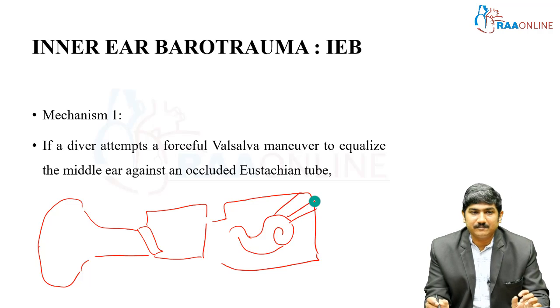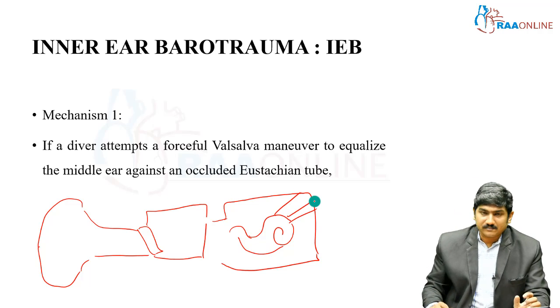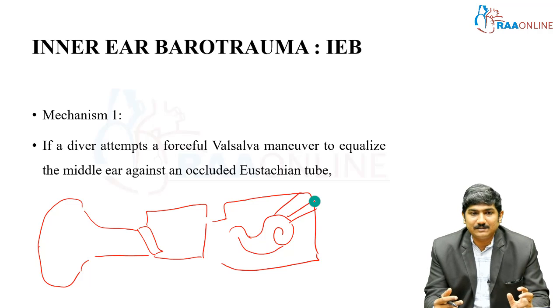Now comes the inner ear. So now we are going to see the inner ear barotrauma. The injury to the inner ear has two mechanisms. One, if a diver attempts a forceful Valsalva maneuver to equalize the middle ear against an occluded eustachian tube, what